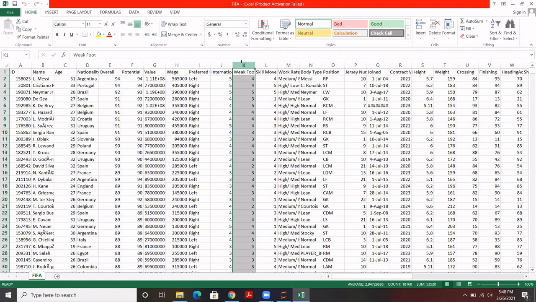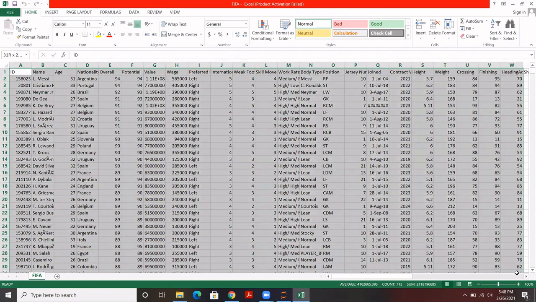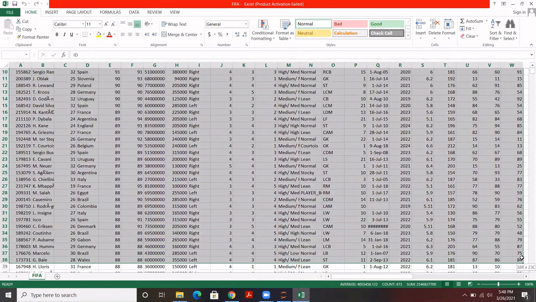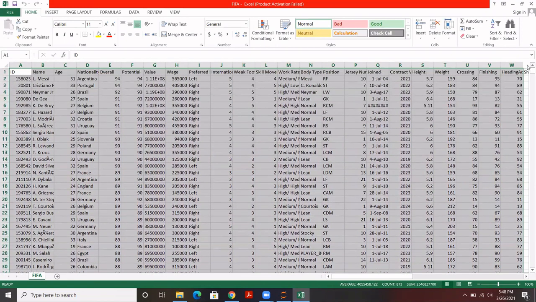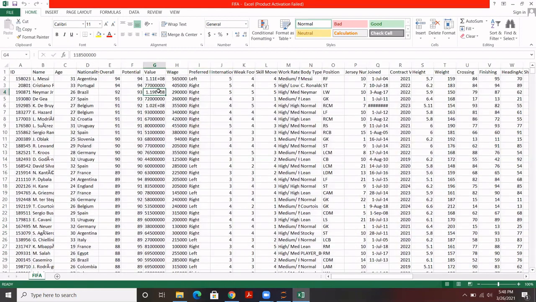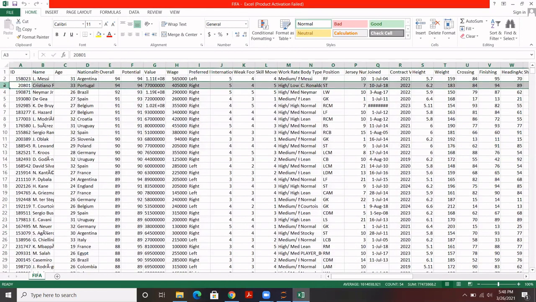But before that, I would like to explain one thing. Here we have this two-dimensional data. Before learning how to perform such operations on it, we should know how to deal with the one dimensional part. Let's say we extract something from here like this, so this is one dimensional.